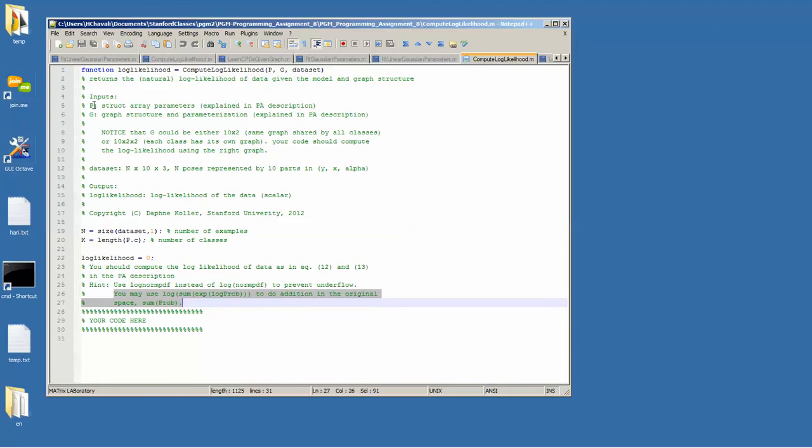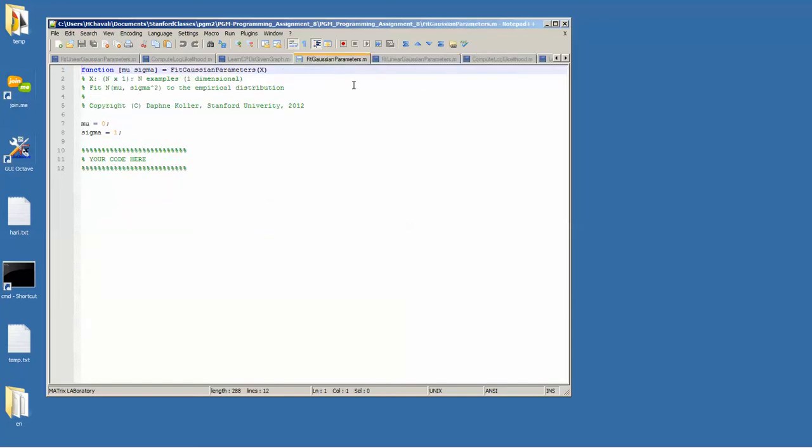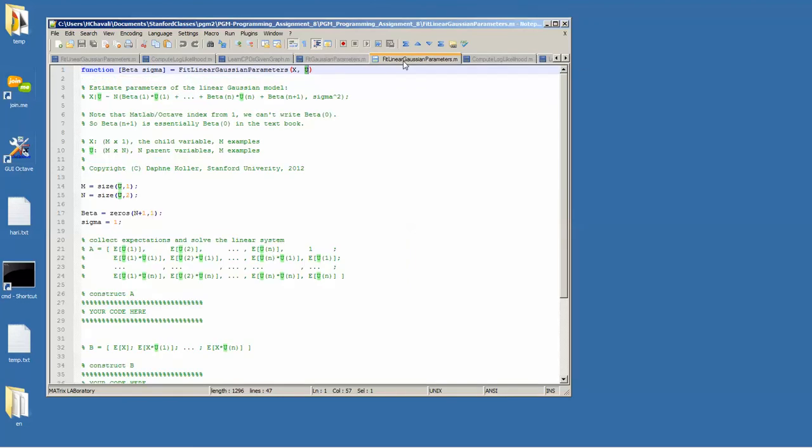Now, when you're populating these parameters, one thing you want to keep in mind is you want to look in your graph and make sure you apply certain parameterization when you're dealing with a parent, and certain parameterization when you're not dealing with a parent. Specifically, if it's a parent, we are going to use the fit Gaussian parameters, and if it is not a parent and if it is a child example, we are going to use the fit linear Gaussian